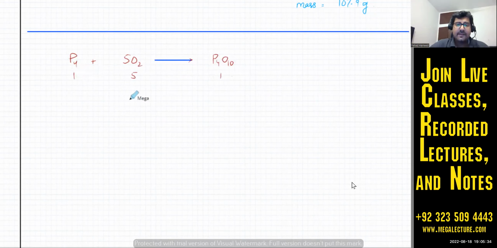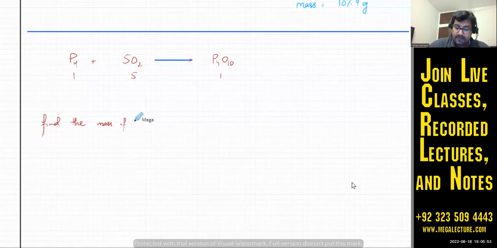So 1 of that, 5 of this, and they end up making 1 of the product. Now the question is, find the mass of P4O10 formed